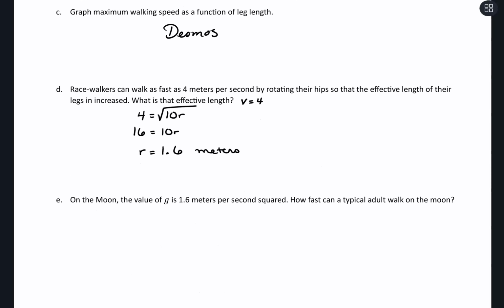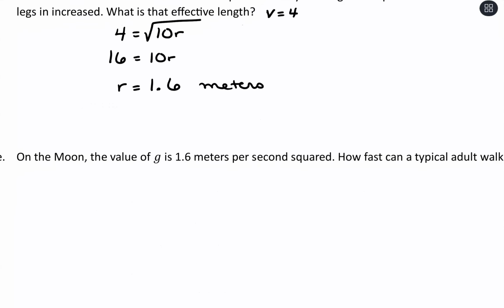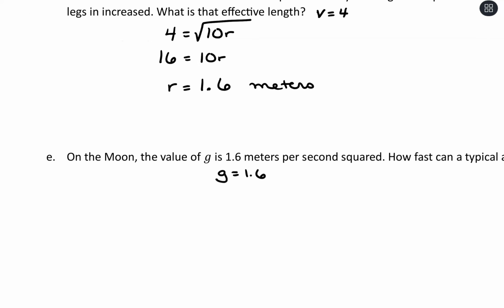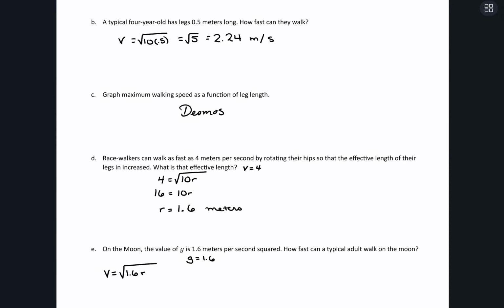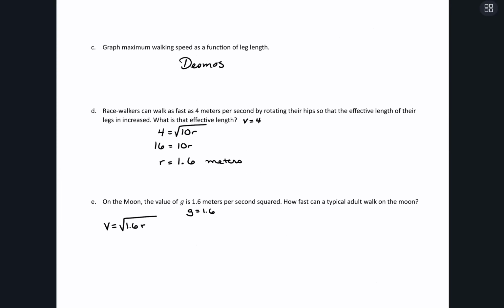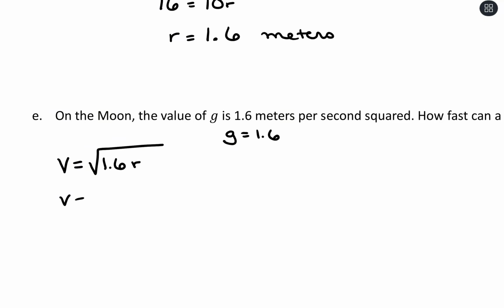Pretty cool. Okay, on the moon, the value of g changes to 1.6 meters per second squared. So our formula is going to change. v equals square root of 1.6 times r instead of 10 times r. And we're going to go back to our typical adult with legs 0.9 meters long. So we're going to go v equals square root of 1.6 times 0.9. And let's go ahead and put that into the calculator. So the square root of 1.6 times 0.9 gives 1.2